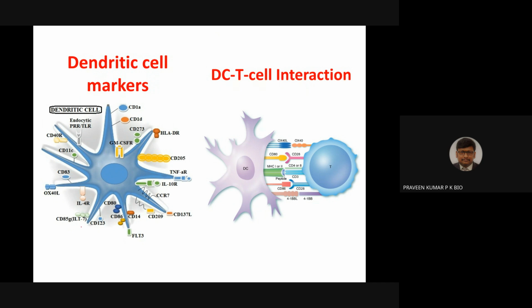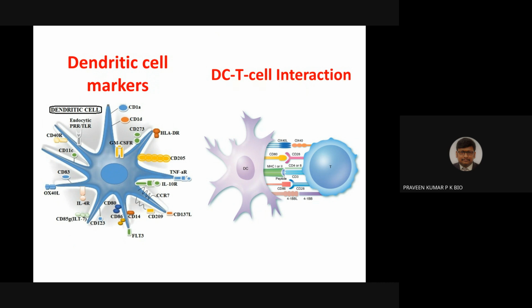Of course, this is one of the professional antigen presenting cells. So we can even come up with the discovery of vaccines respective to the cell. We have T cell based vaccines and dendritic cell based vaccines. So for coming up with these dendritic cell based vaccines and T cell based vaccines, we should understand about the cell and the contacting receptors, the surface receptors.